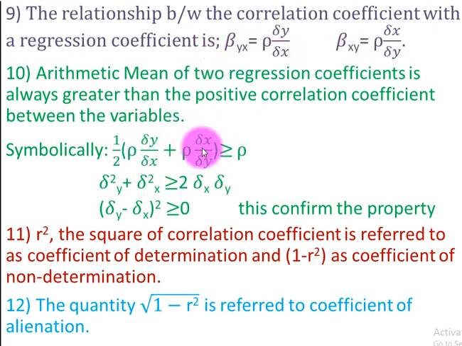It will be greater than or equal to rho, the positive correlation coefficient. We take greater than or equal because it may be equal, but mostly it will be greater than rho. So we multiply by 2 on both sides,